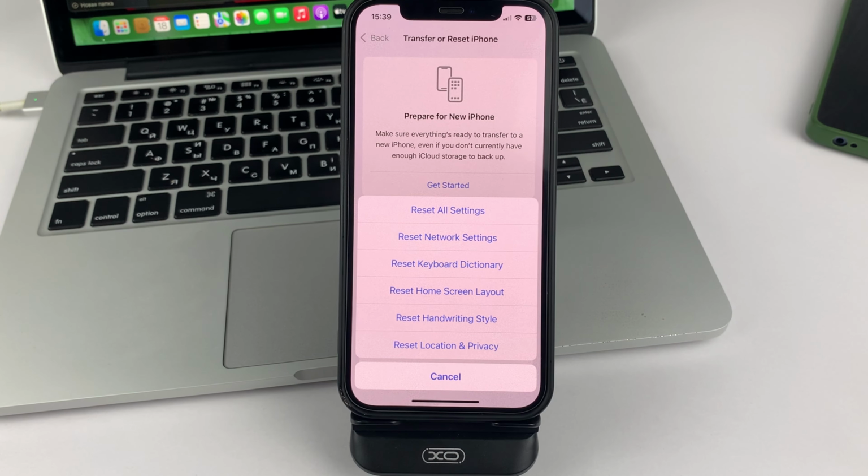And then confirm what you're doing. And such a reset will help you to solve any problems in your iPhone settings. But keep in mind that such a reset will probably entail deleting some information from your phone.